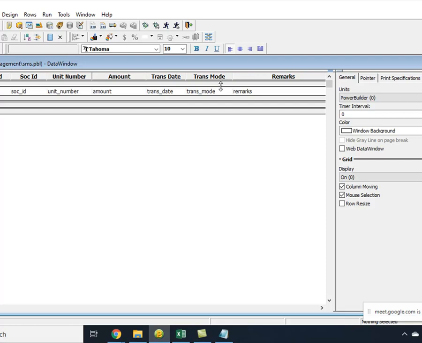But PowerBuilder says, don't worry, you have brought that information from the database one time, and now you can do whatever you want. You can sort in any way, ascending or descending, on any column. So it is getting sorted at your application level, using your desktop only. It is not going to the database.